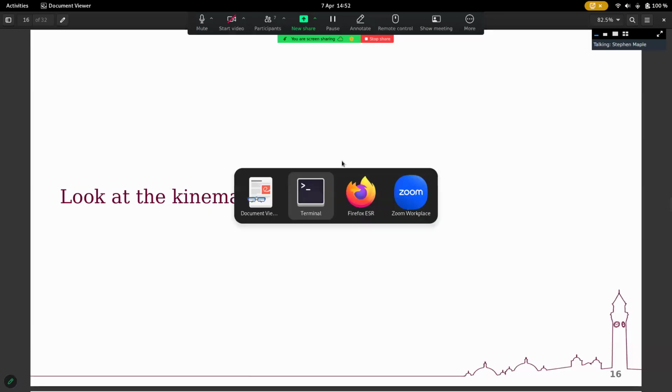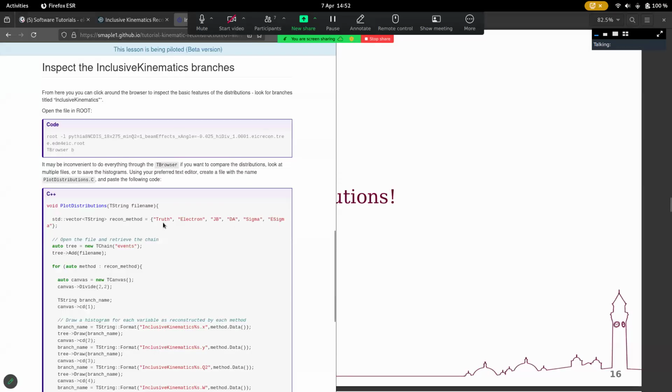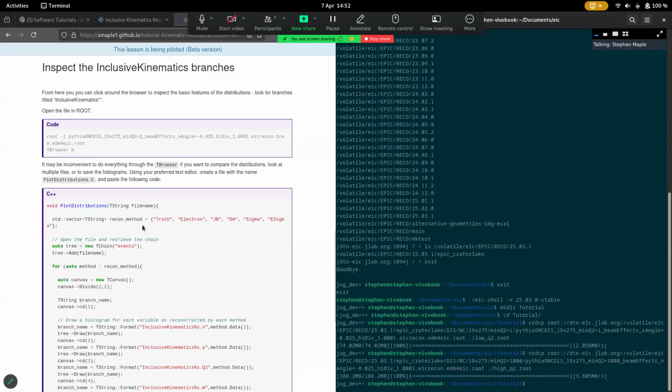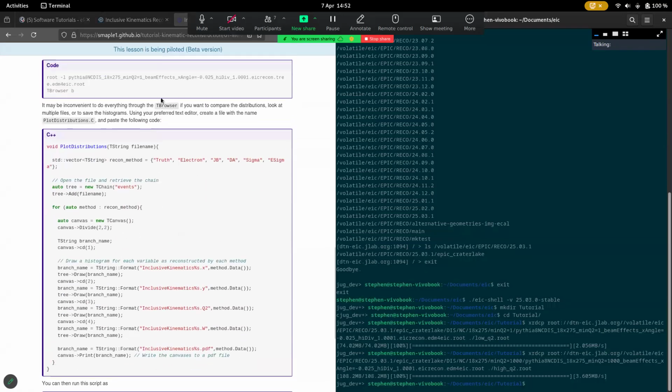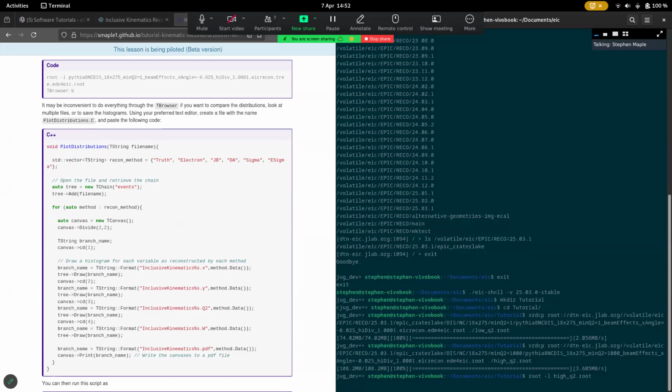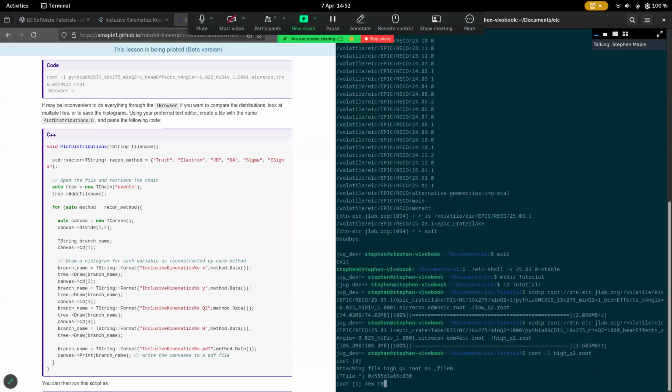But let's go back to this introduction slide, because now I've got everything downloaded and I've got my files. If I just take a look at one of these files that I've downloaded, I can do root -L, and then I'll look at my high q squared file. And I'll open a TBrowser,